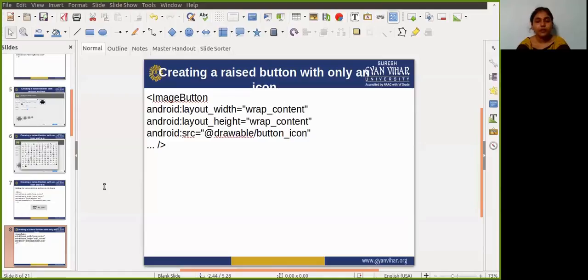The DeviceDefault themes are aliases for the device's native look and feel. So the DeviceDefault theme family and style family offer a way for developers to target the device's native theme with all customizations, in fact.